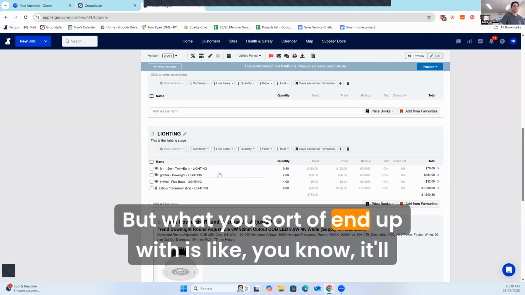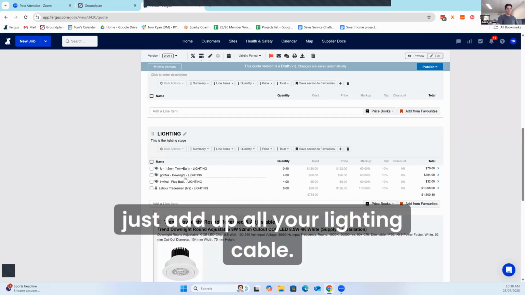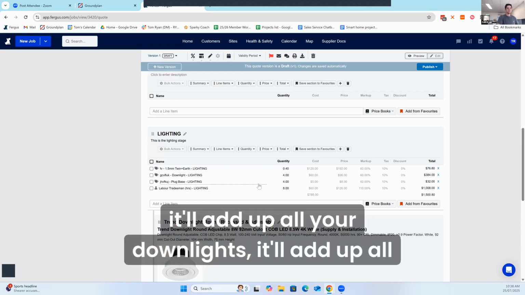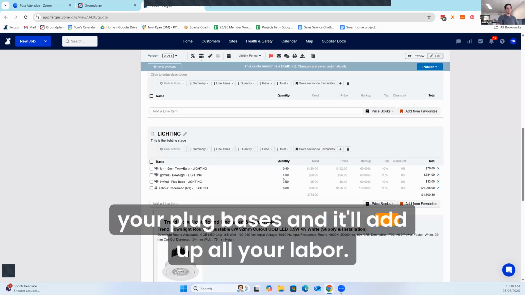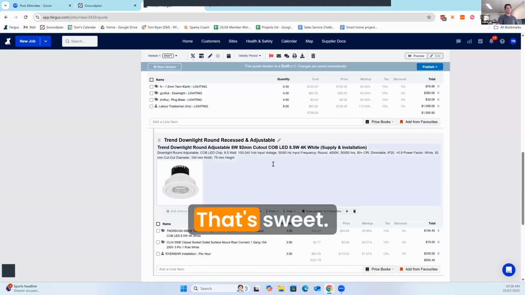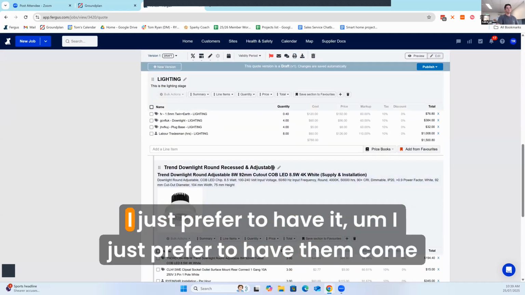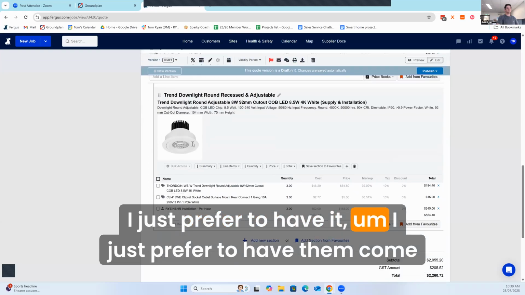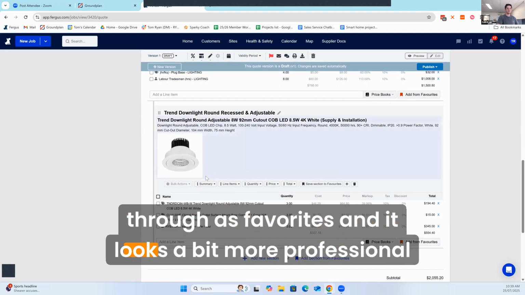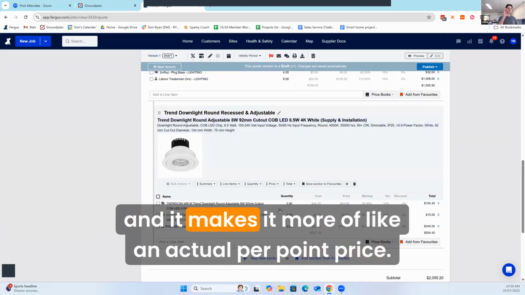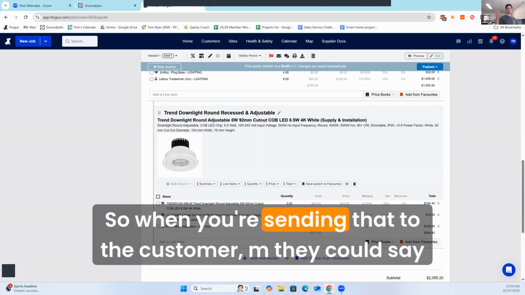But what you sort of end up with is, it'll just add up all your lighting cable. It'll add up all your downlights. It'll add up all your plug bases, and it'll add up all your labor. So that's sweet. Some people are happy with that. I just prefer to have them come through as favorites, and it looks a bit more professional, and it makes it more like an actual per point price. So when you're sending that to the customer,